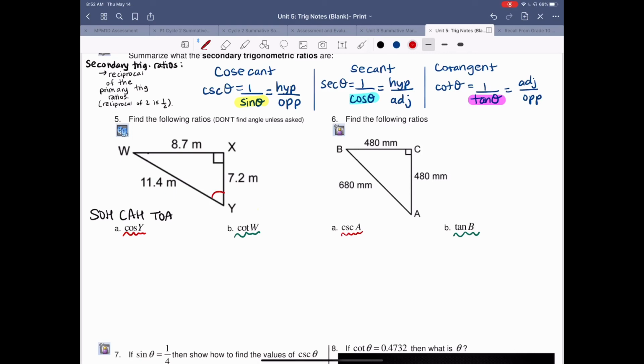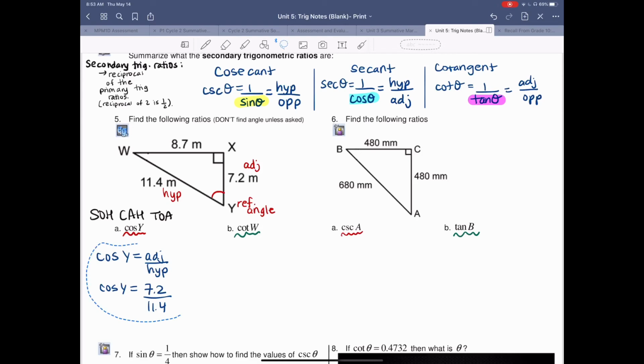That's my reference angle. And if we're talking about cos theta or cos Y, that means I need to label my adjacent and hypotenuse only. This is my adjacent, this is my hypotenuse. I have cos Y is equal to adjacent over hypotenuse. And filling in, adjacent is equal to 7.2. It would be 7.2 meters divided by 11.4 meters. The meters would cancel out,